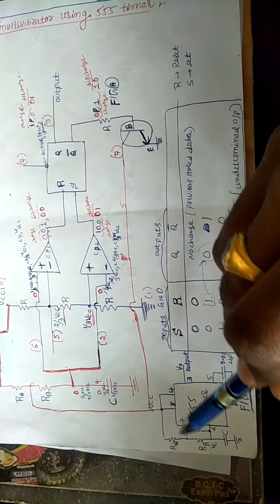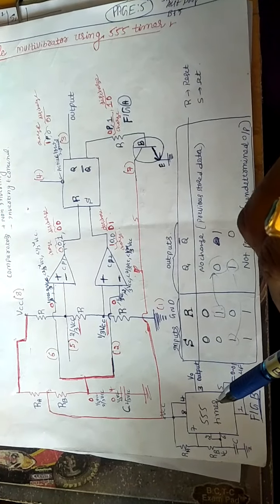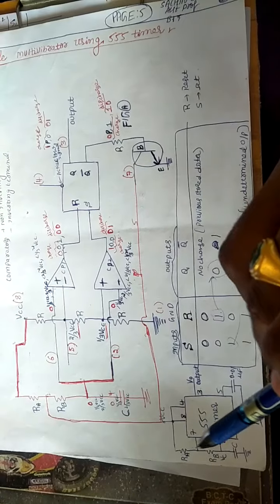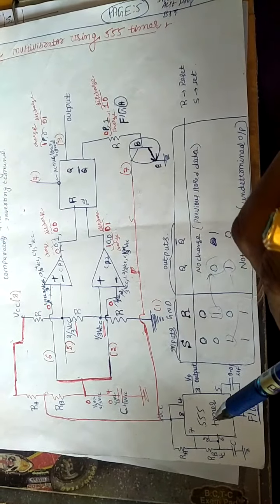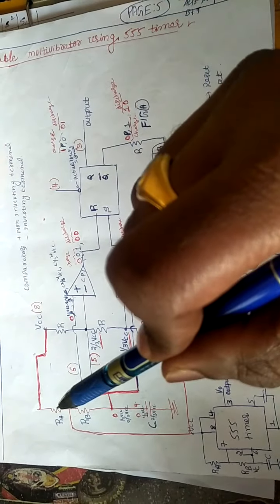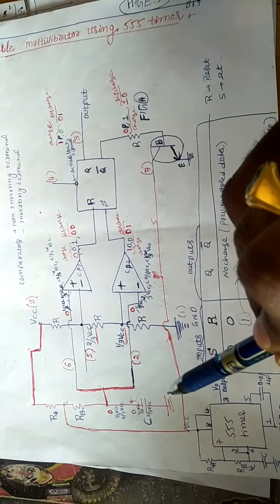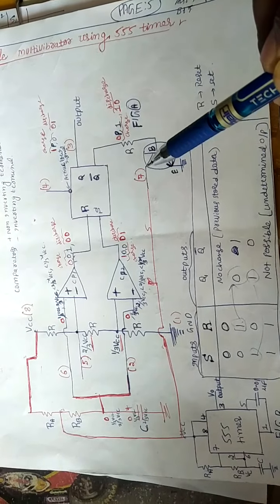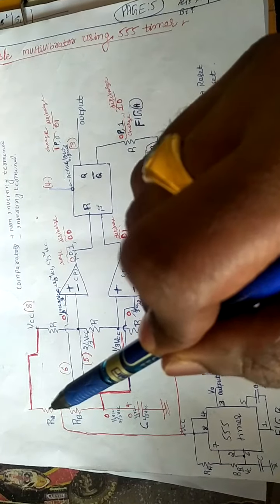Okay, so this is a simple schematic of the astable multivibrator. In the last class we studied the internal block diagram of 555 timer. So these are some of the extra connections we did for the 555 timer. So what are the extra connections we did here? Through VCC we connected two resistors RA and RB in series and one capacitor. The capacitor has been grounded. The collector of the transistor is connected to the junction between the two resistors RA and RB.